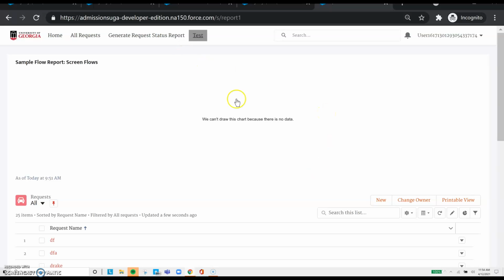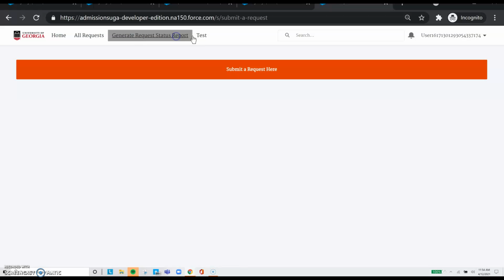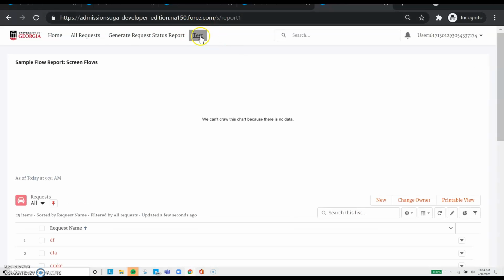But I was running into one particular issue, so I just made a test tab right here. When I click on that, this is going to be the tab where I can make the audit report. When I click on that tab, this is where the report is supposed to be, but it says we can't draw this chart because there's no data. And that's a huge UI error,